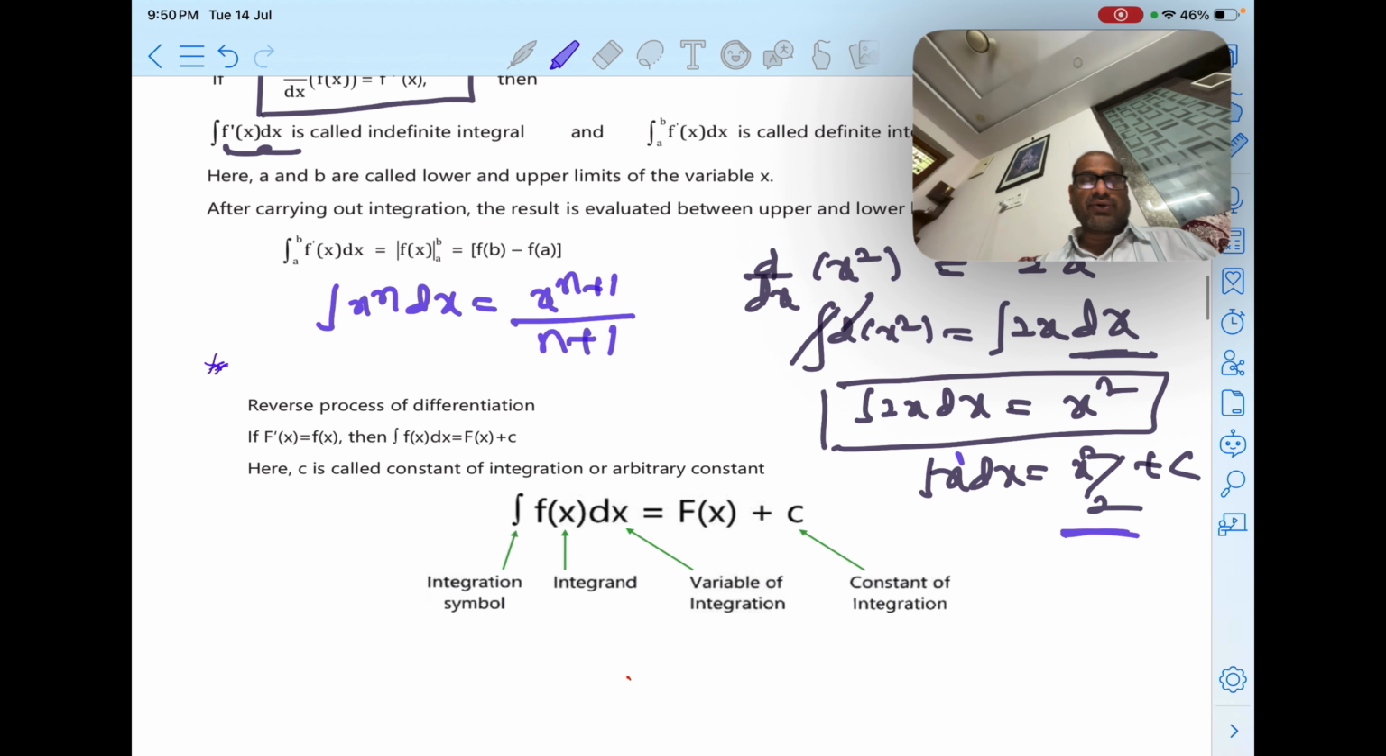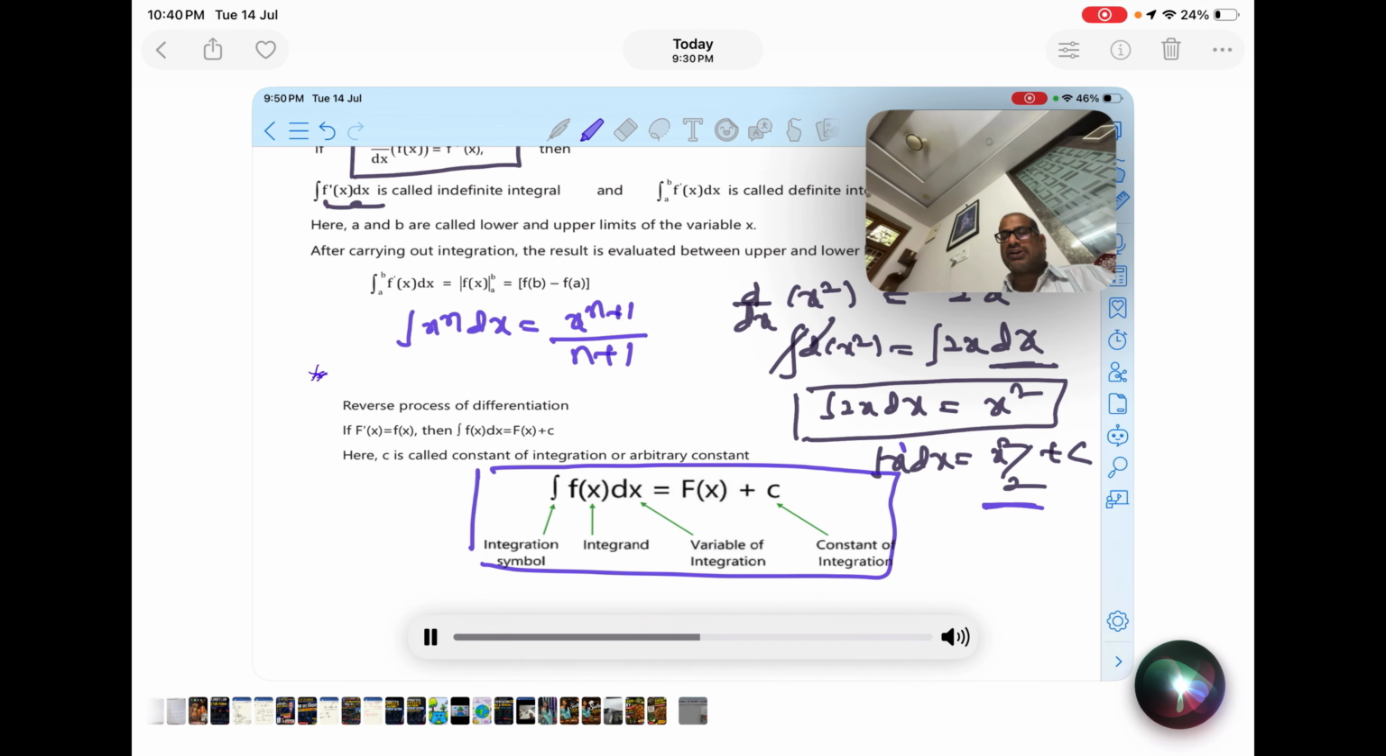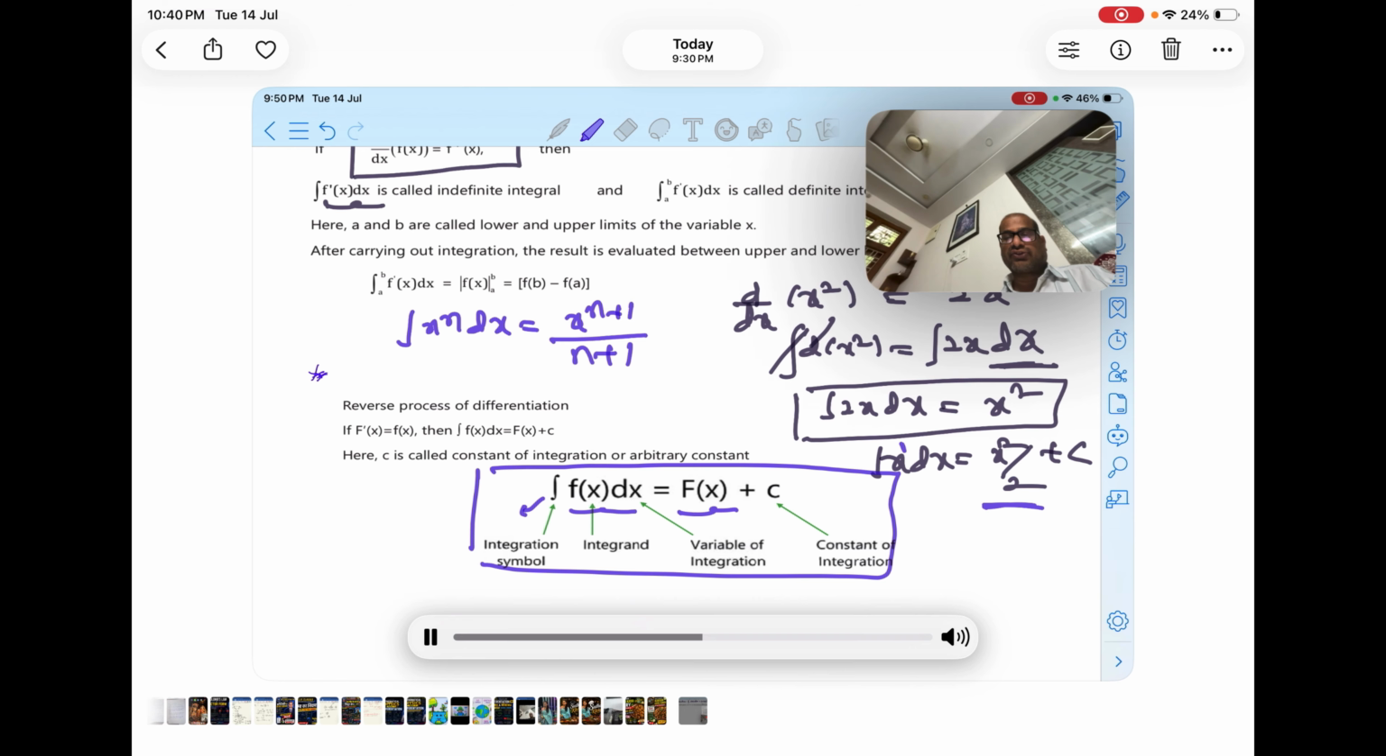फॉर्म बता दिया आपको, इंटीग्रेशन ऑफ एफ ऑफ एक्स डी एक्स आप बोल रहे हैं ना, तो इसमें अगर ये कांस्टेंट ले रहे हैं, सो डी एफ ऑफ एक्स को हम इंटीग्रेट किए तो कैपिटल एफ ऑफ एक्स आ रहा है। ये होगा इंटीग्रैंड, ये होगा इंटीग्रेशन सिंबल, एंड डी एक्स वेरिएबल ऑफ इंटीग्रेशन है। इसको इंटीग्रेट करने से आने वाला फंक्शन है, ये जो है कांस्टेंट है। ओके, इंटीग्रैंड, इंटीग्रेशन सिंबल एंड वेरिएबल ऑफ इंटीग्रेशन बोलते हैं इसको।